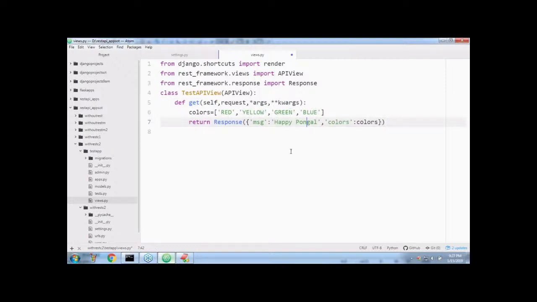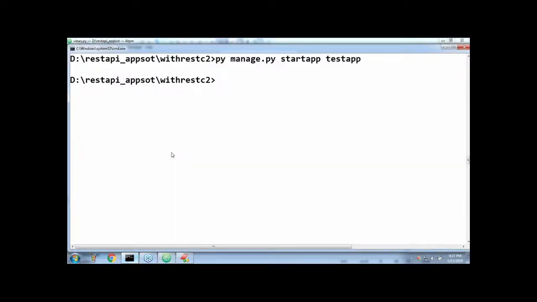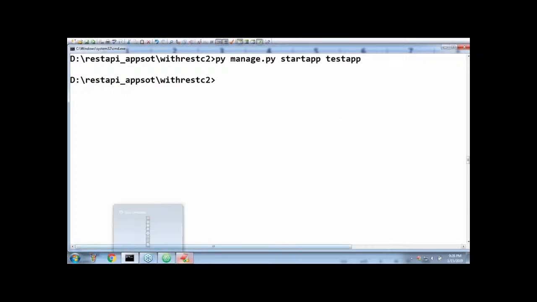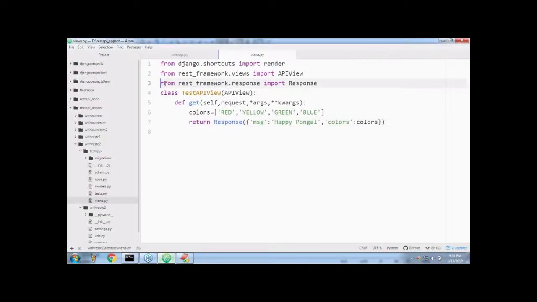Now what I want to take, before starting the server, is Response. Response is a class provided by DRF. This Response class will convert a Python dictionary to JSON automatically. That's why this specially designed class is available in DRF to send a JSON response. So from rest_framework.response import Response, and return Response of